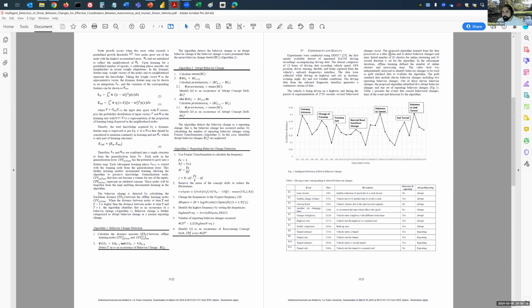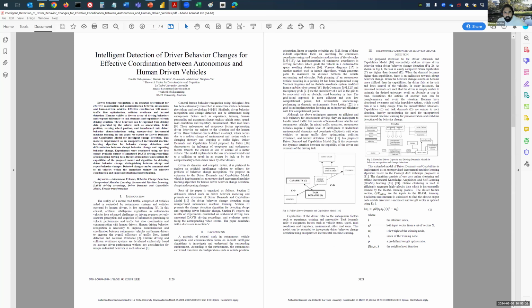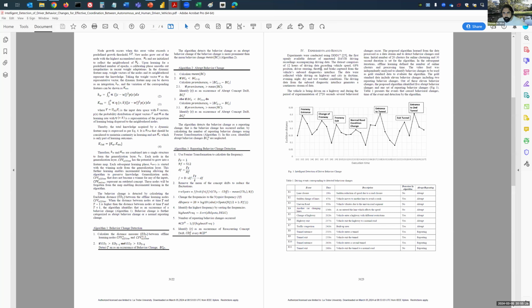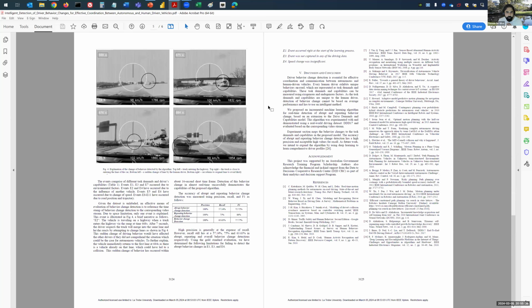So the proposed method is one column, 2 and 3 columns. So that's 1.5 pages. Experiments and results are 2 pages. So that's your approximately 4 pages. And discussion and conclusion is also important. There has to be a conclusion. And then references are about half a page, or 3/4 of a page.